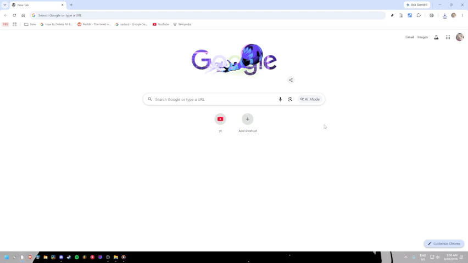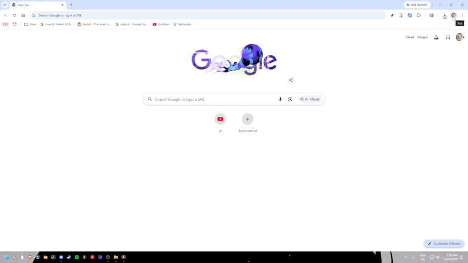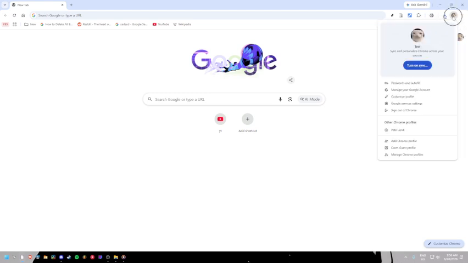Now look at the top right corner of the Chrome window. You should see your profile icon there. This might appear as your Google account picture, your initials, or a simple default profile symbol if no account image is set. Click on the profile icon. A small menu will open. This menu usually shows the current profile name, the signed-in Google account if one is connected, and options related to